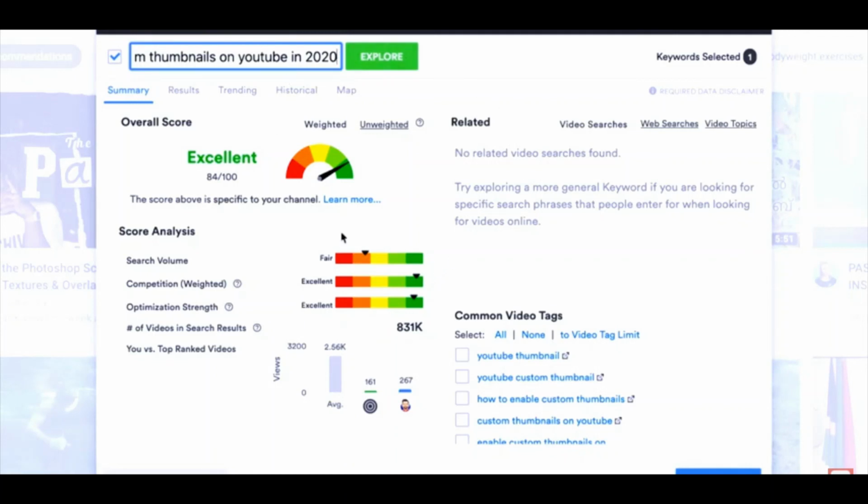So make sure that you do install TubeBuddy, activate the Chrome extension, and you can start doing keyword research so that you can get more views on your